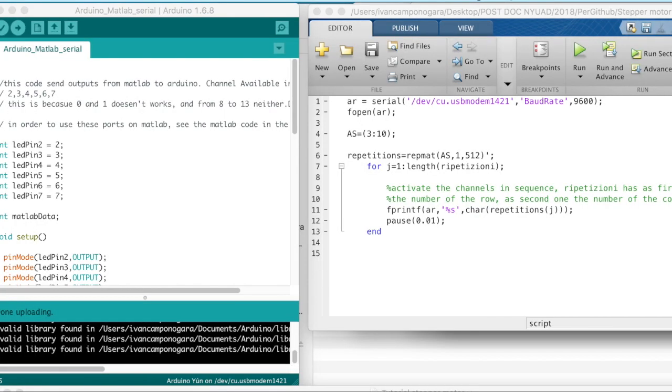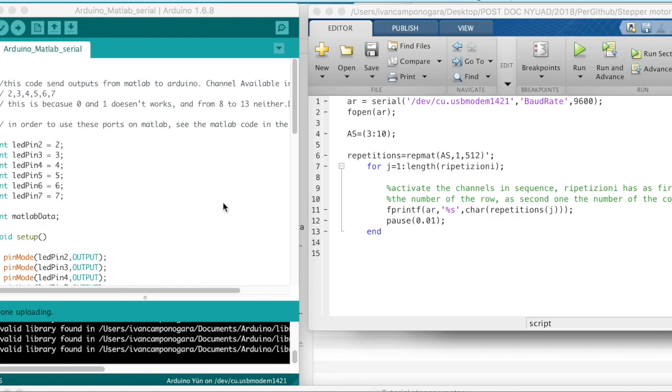Okay, in this video I'll show you how to control a step motor connected to Arduino by means of Matlab. You have to first download the code from my GitHub and then make Matlab communicate with Arduino. In the description you will find a video that will explain how it works. It's important that you first read that before trying to use a step motor in the way that I am